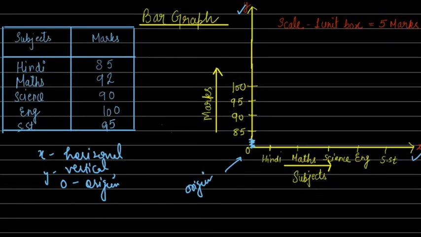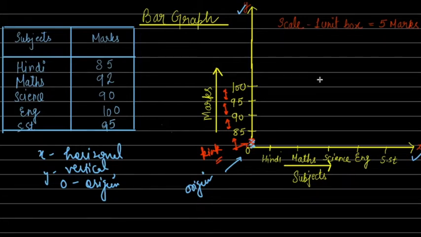Now one important thing here is the kink. If you see, I have made a zigzag line here. This is called a kink. What is a kink? We use the kink when we are skipping certain values from the origin. As we know, whenever we take any scale, the gap should be the same. Here you see a gap of 5, here is also a gap of 5, a gap of 5, but where you have 85, it means from the origin to the first value, we have suppressed some unwanted values. So to suppress those unwanted values, we plot a kink. We represent it with a zigzag line. This is called a kink.